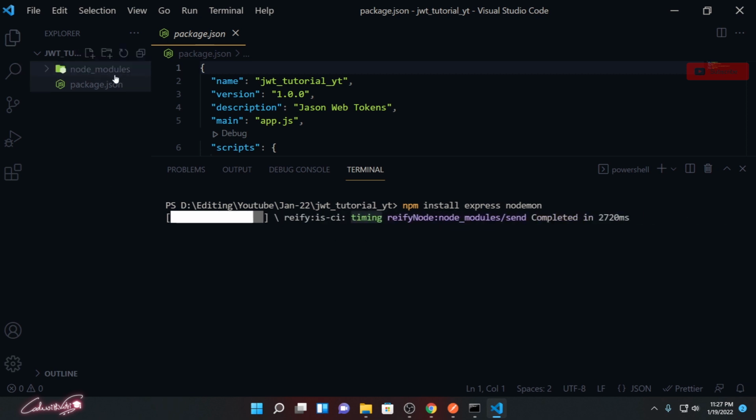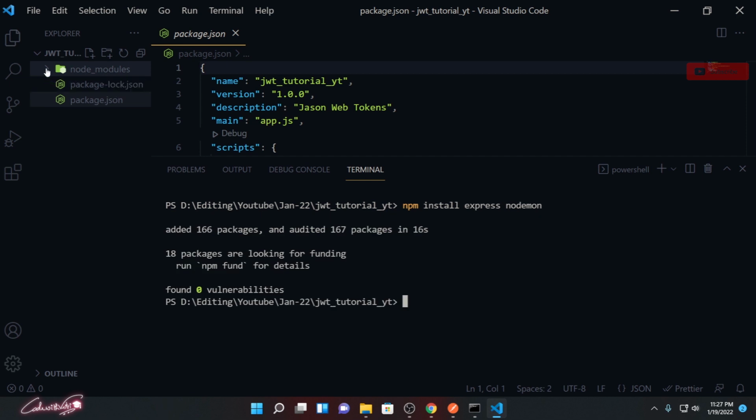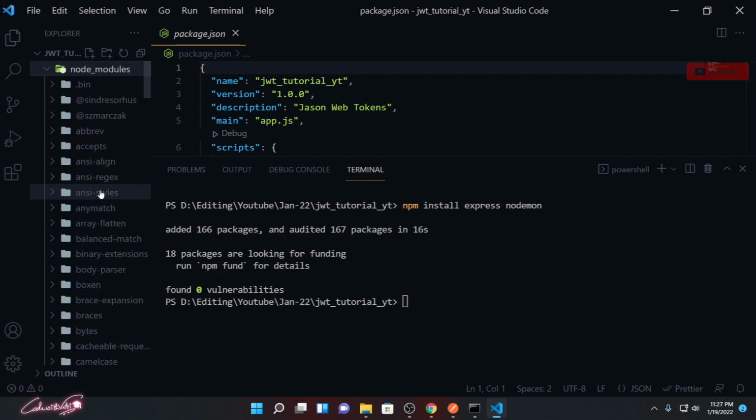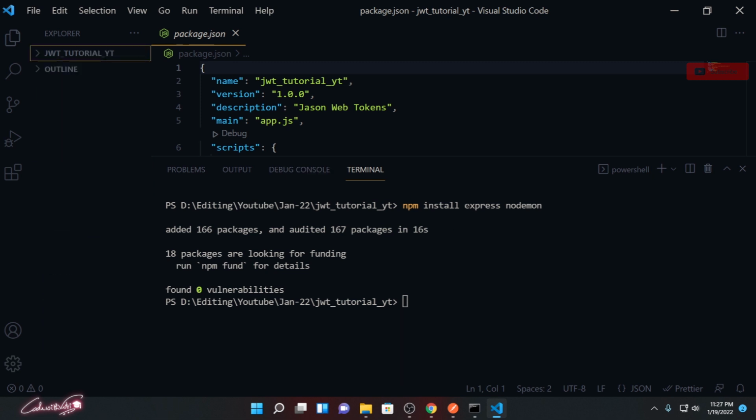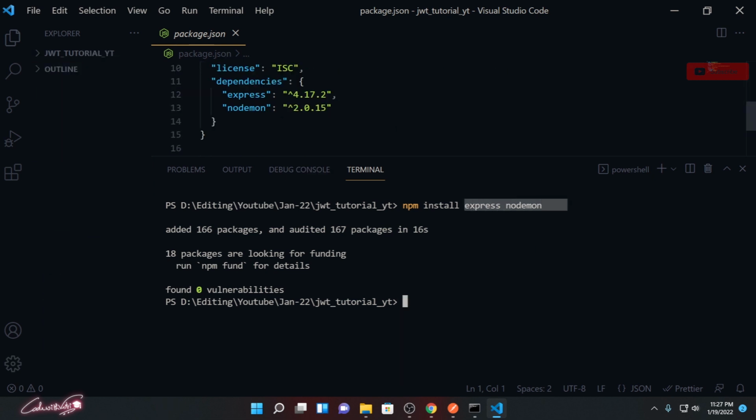Here you can see that it's creating the node_modules folder, and all the necessary packages are over here, some default packages. Along with that, our two packages are also installed. If you check your package.json, you can see the dependencies object over here, and it has our two different packages that we needed.